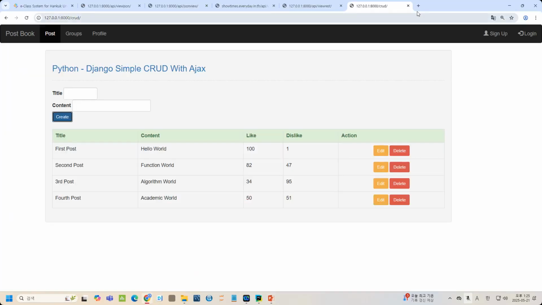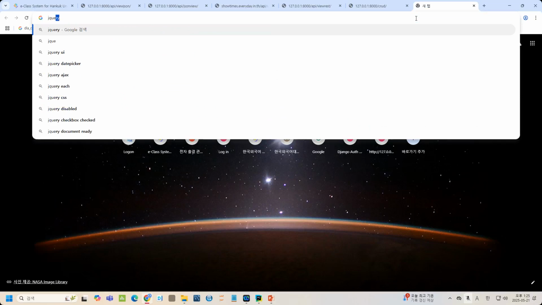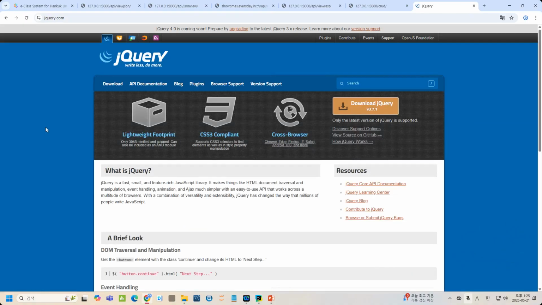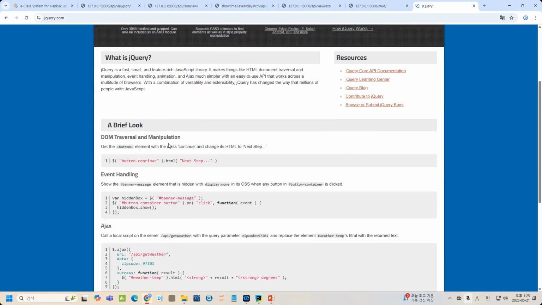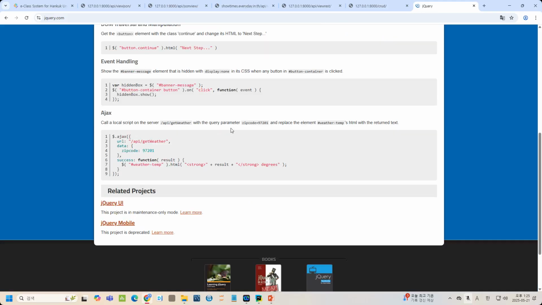Go to the website of jQuery. This is the old one, but people still use it. And we can use the support, whether you download the library into your computer, or you can reuse